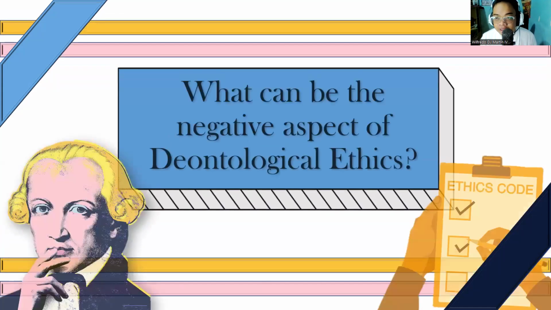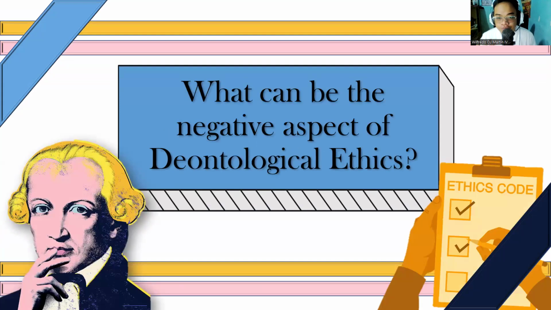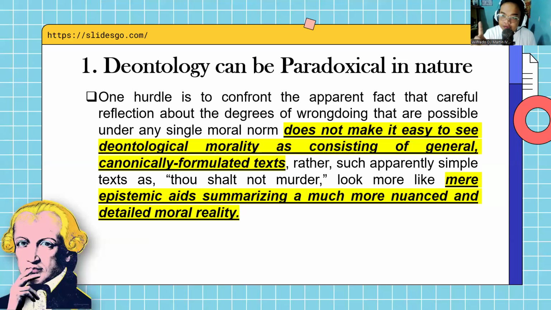Now, that's the positive attribute of deontological ethics na, yes, regardless, we should do this, regardless of the consequences, we should be good. Now, what can be the negative aspect naman of deontological ethics? First, medyo paradoxical siya. Why? Because,